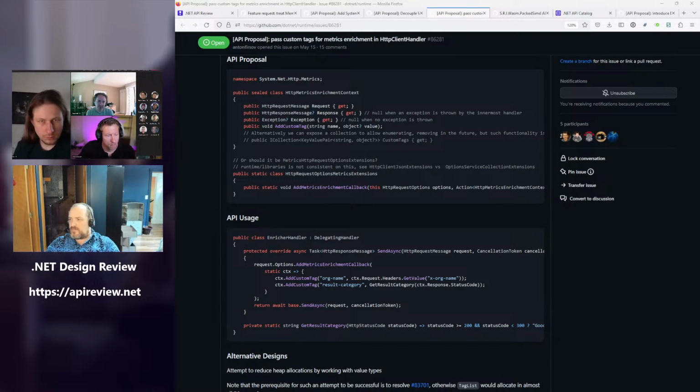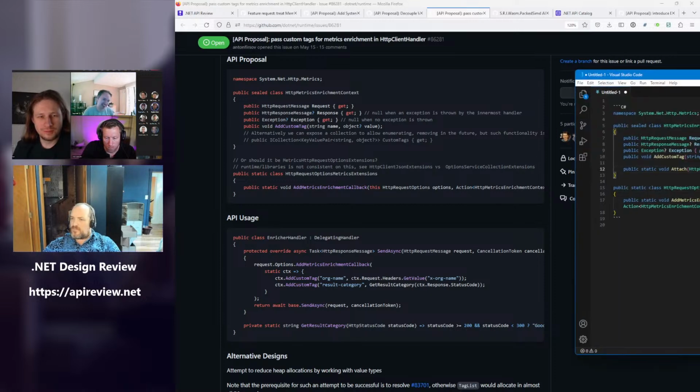Oh, you were debating not putting it as a static method onto HTTP metrics enrichment context. You were talking about putting it as an instance method onto HTTP request options. Yes. Got it. Okay, I misunderstood. The third party wouldn't have that option available to them. Yes. But all that said, I'm not picky. If it works, I'm happy.